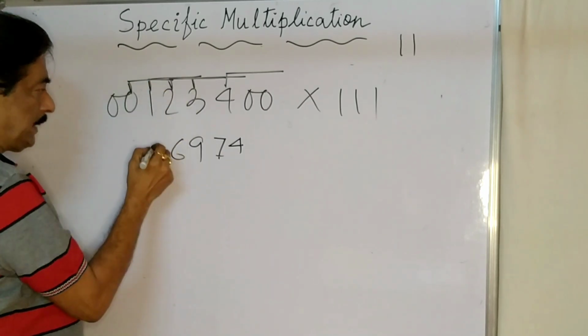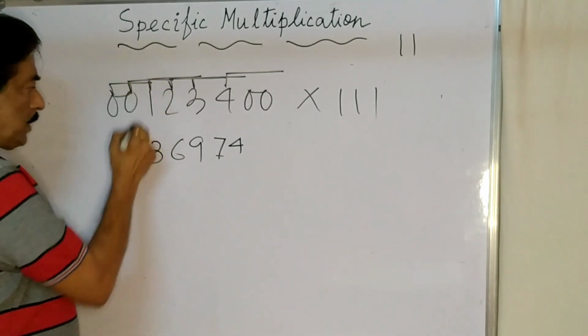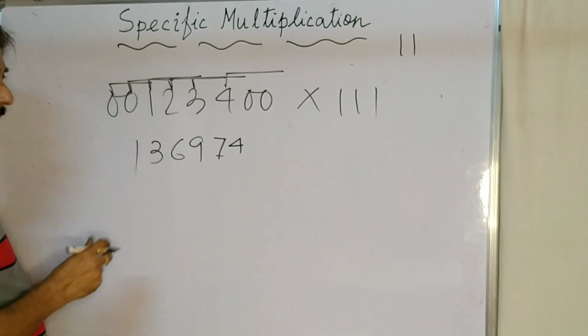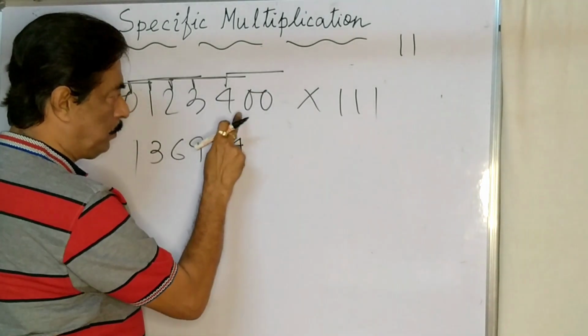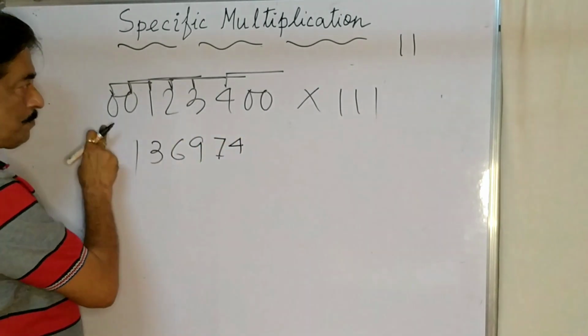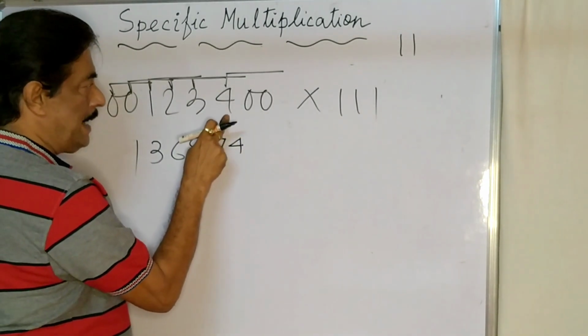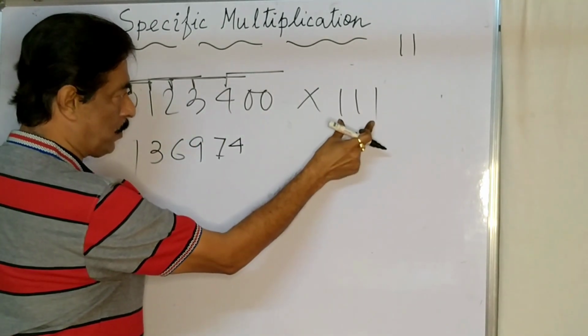0 plus 1 plus 2 is a 3. 0 plus 0 plus 1 is a 1. There is no carry. Again, multiply by 111. There are 3 number of 1, so we put 2 zeros left side and 2 zeros right side. Start from here. Add 3 digits because there are 3 number of 1.